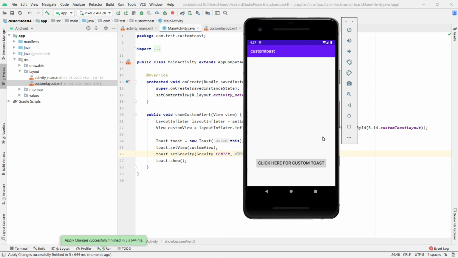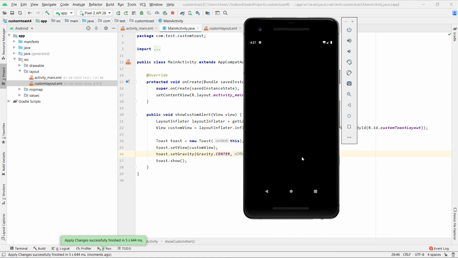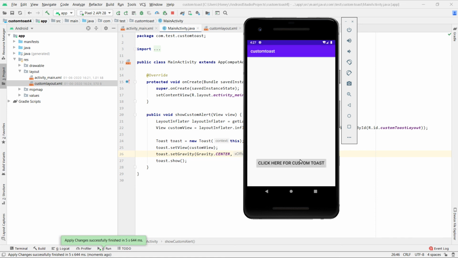Changes have been applied. So now when I click on this button, see, now the toast is being shown in the middle of the screen. So this is how you can implement a custom toast layout in your application.